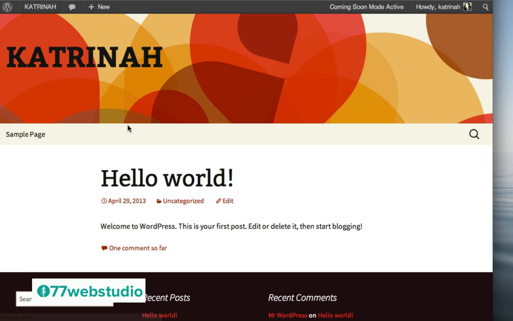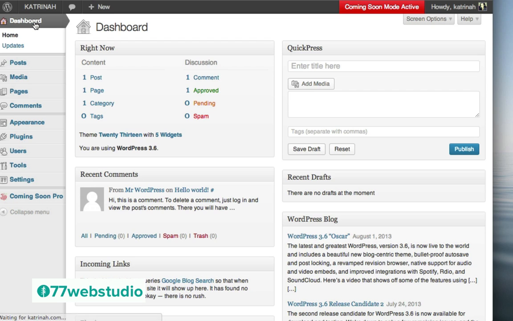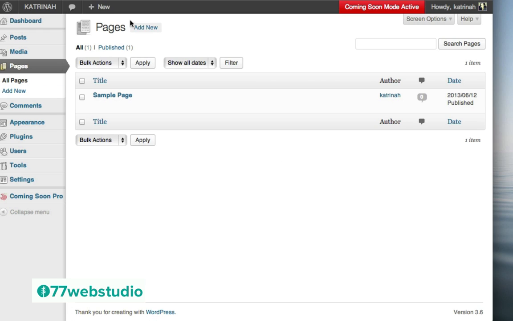right below the banner. So to add a new page, you want to go back up to the dashboard and click on Dashboard. And once again, there's several different places where you can do the same thing within WordPress. So if you want to add a page directly from this toolbar at the top, you can hover over plus new and click on page, or on the left hand side you can click on pages, and then you can either click on add new right here at the top, or you can click on add new on the left hand side here to add a new page. So I'm going to click on add new right here to add a new page.